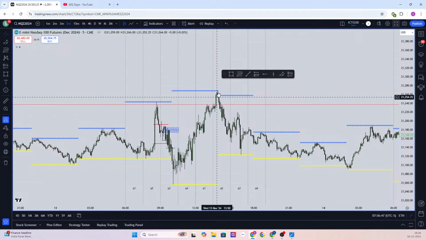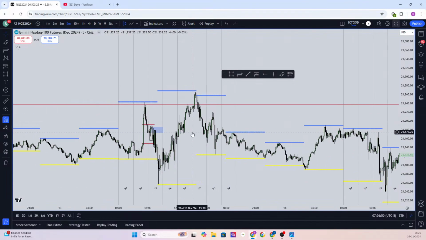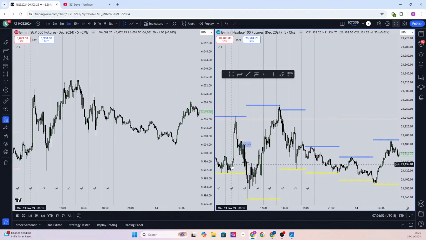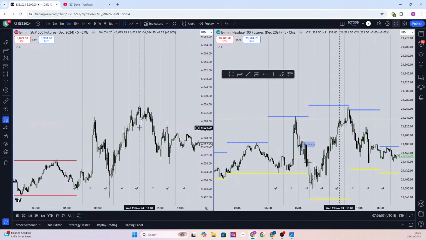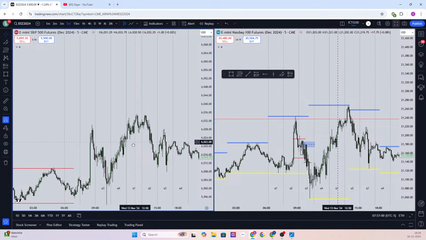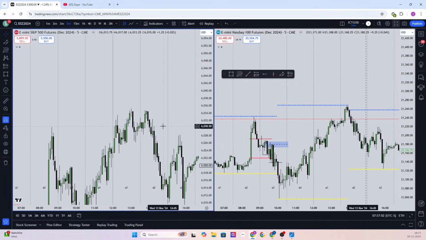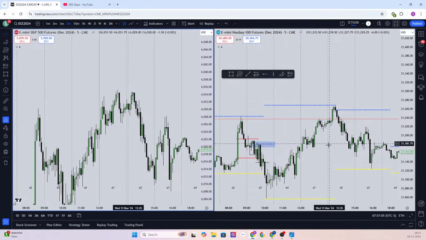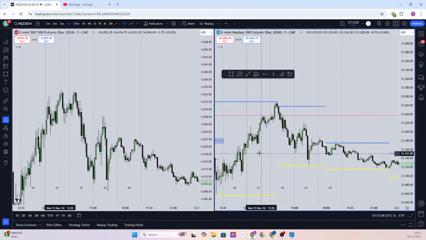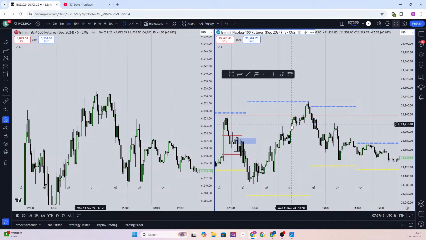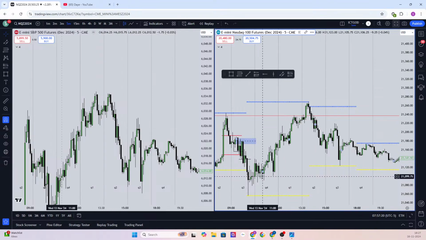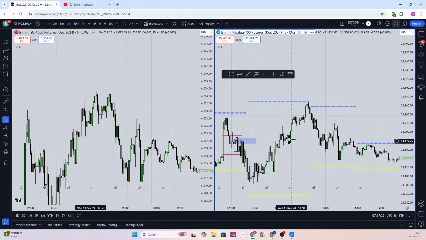Q1 had a move up. I think in Q1 I saw a trade in this AM session; I was just looking at the charts. If you look at the PM session, as per quarterly theory, you had this accumulation, right? This is kind of like accumulation and an X. If you see this, the previous one,